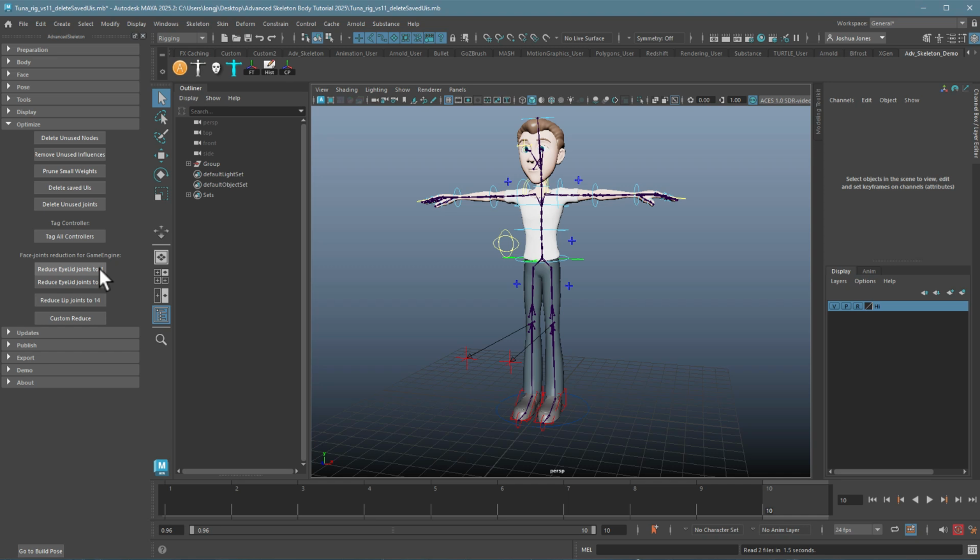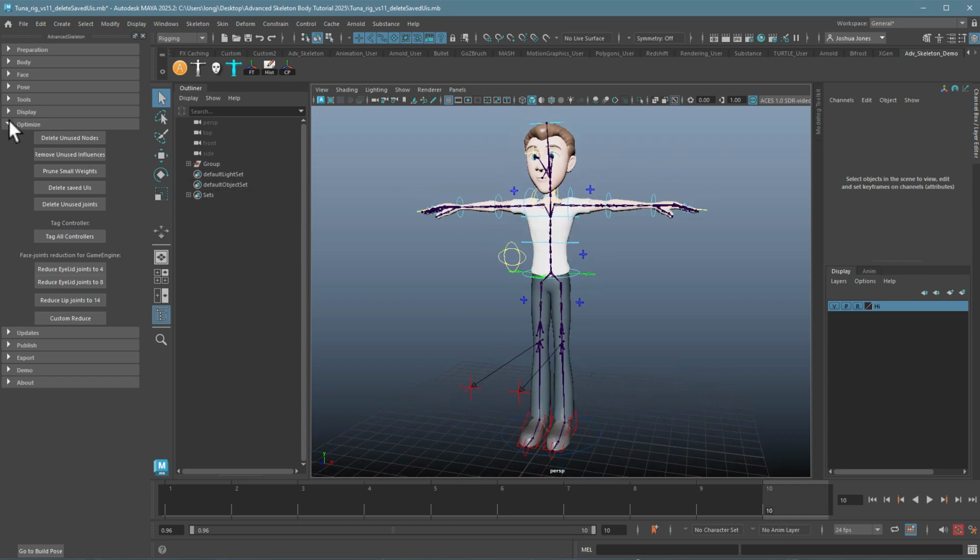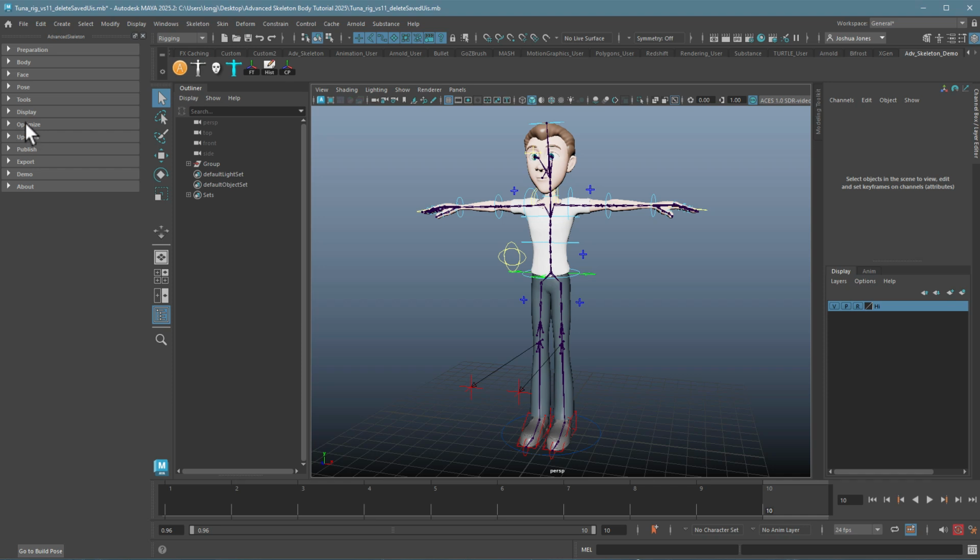There's also a custom option to adjust this to how you want. I'm going to keep the original option. I want more control for the face, not less. Great. I'm going to close down the optimize menu, and the last thing we need to do is go to